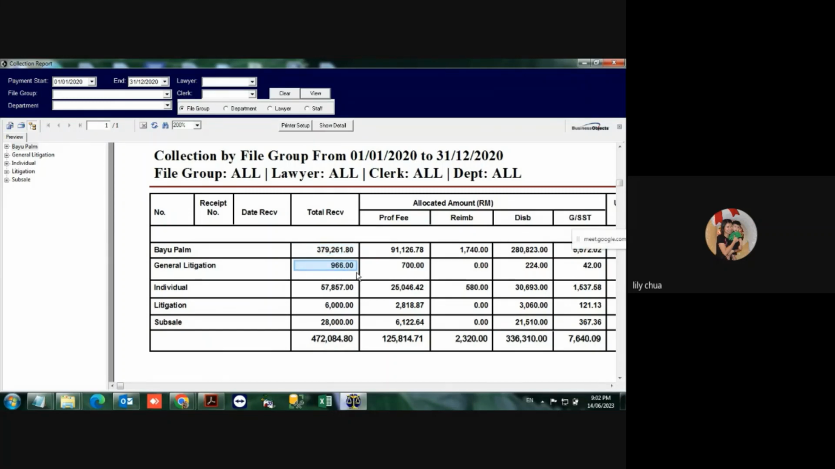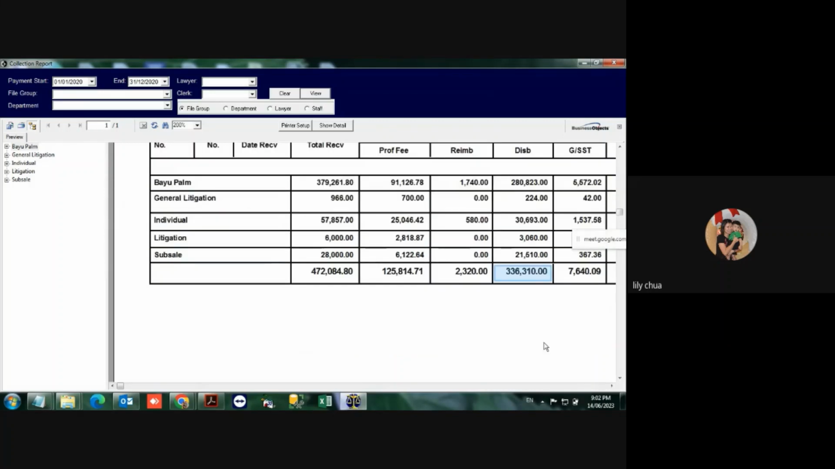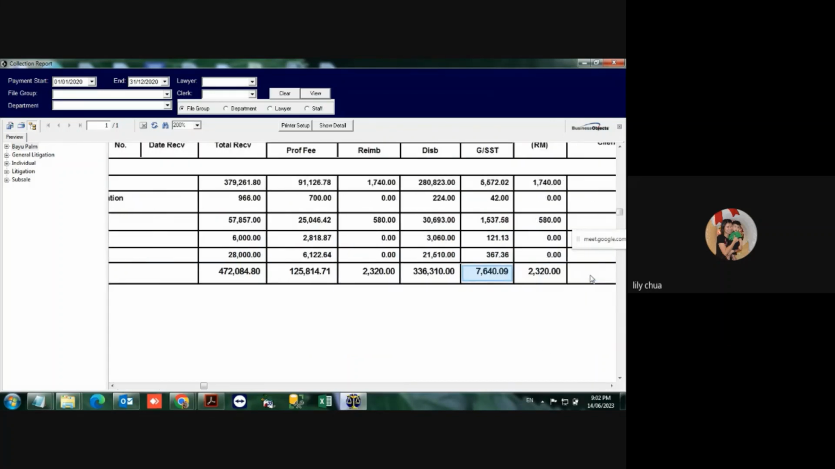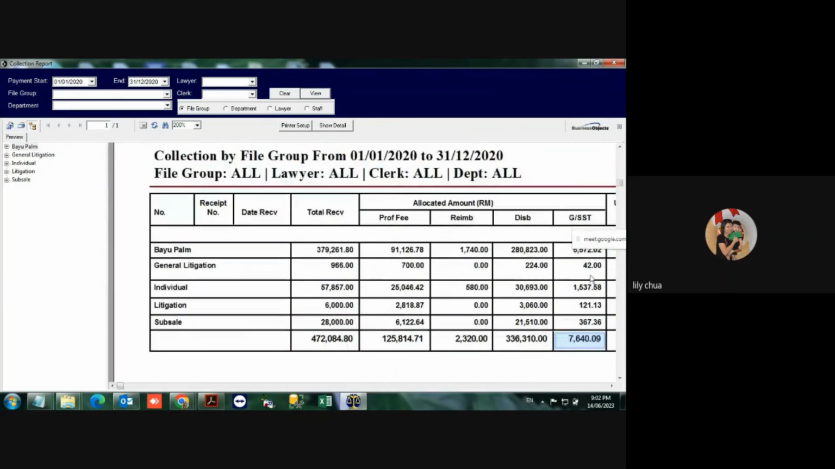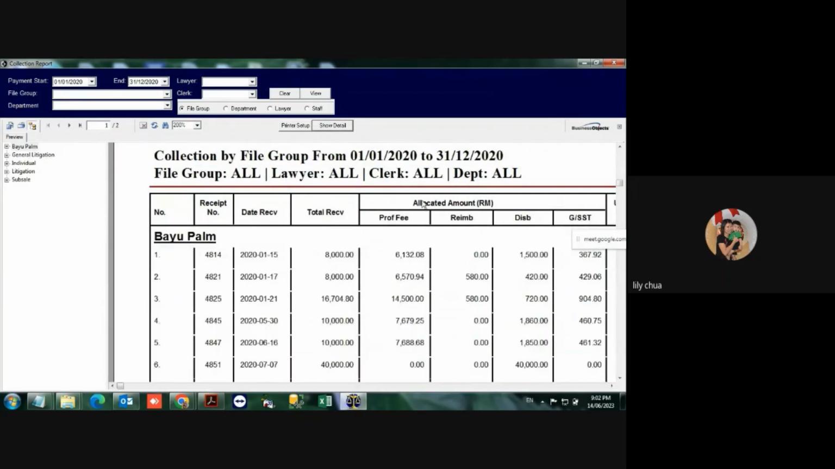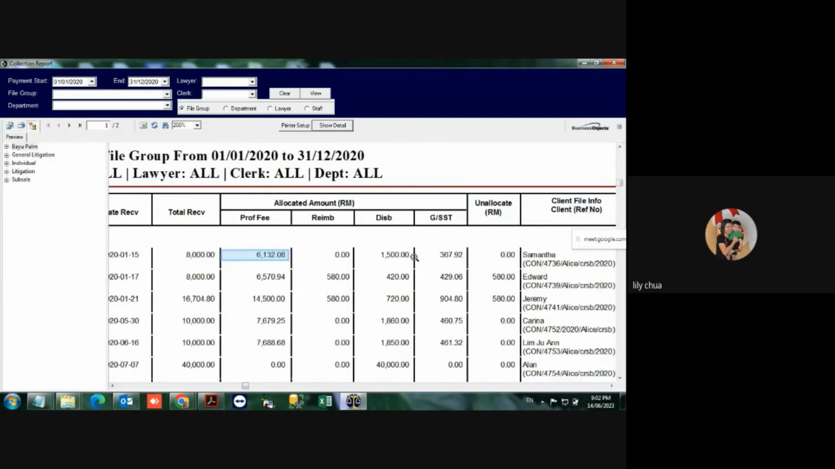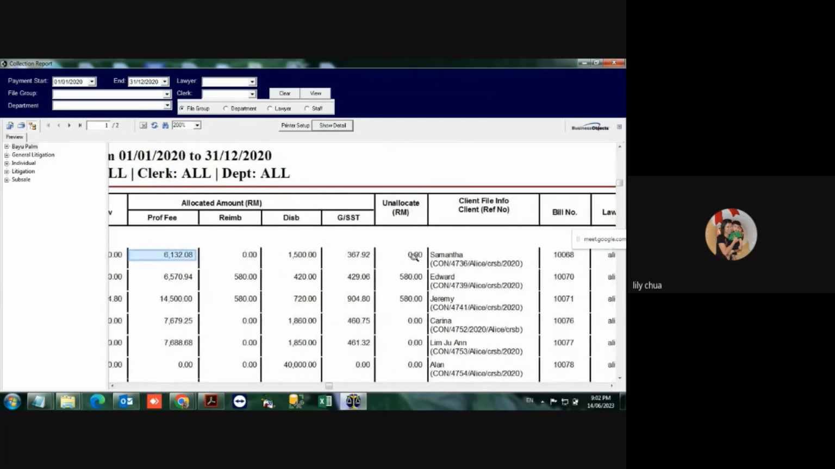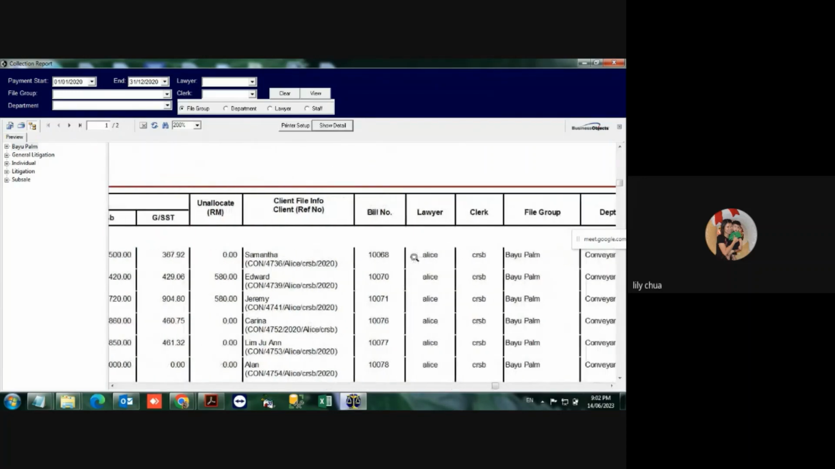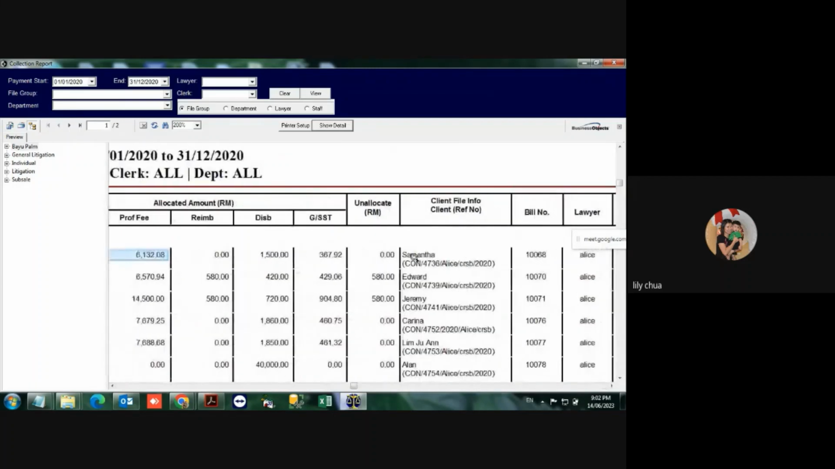379,000. General litigation, 966 ringgit, and respectively. So for this, we further break down to professional fee, reimbursement, disbursement, and also the SST. You can see everything in detail. So this is a summary. If you want to see from which file that you do the collection, you can see detail. So it will list down for you what reference number, from which bill number, from which receipt number that collection